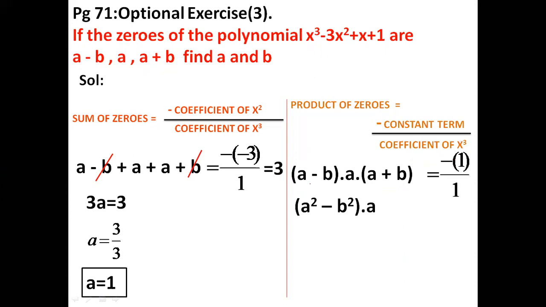Right, here a minus b into a plus b is a square minus b square, into a, is equal to minus 1 by 1, which means minus 1. Here the value of a is 1, so you substitute this 1 here. That means 1 square minus b square